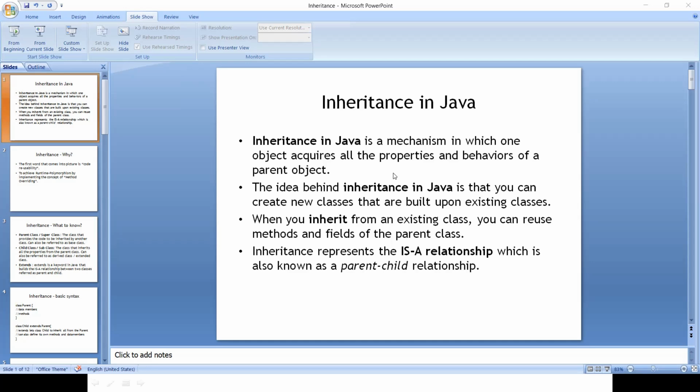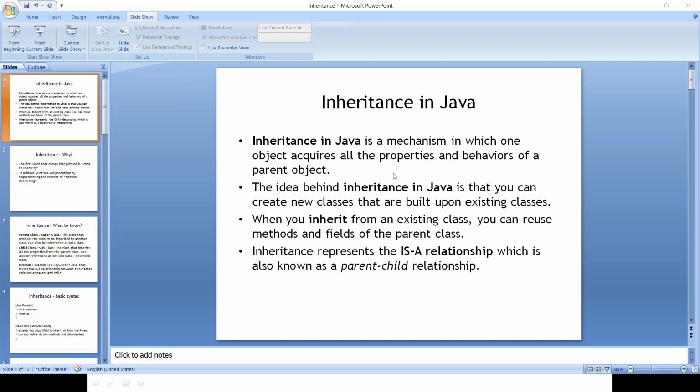So this inheritance mechanism is nothing but establishing a relationship between one class and another, wherein the child class or the subclass that inherits the parent class gets all the features that are there in the parent class. Everything, all the properties, the data members, the methods, it inherits all the data members and functions that are there in the parent class.